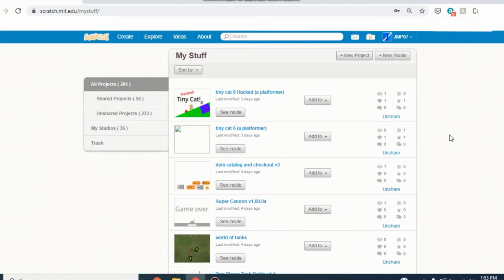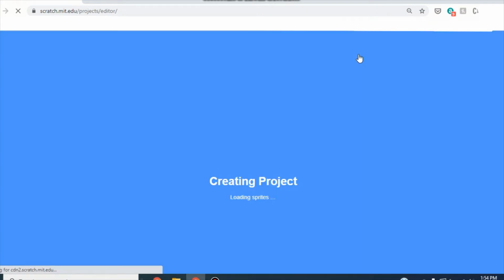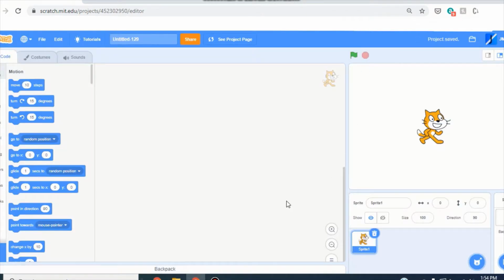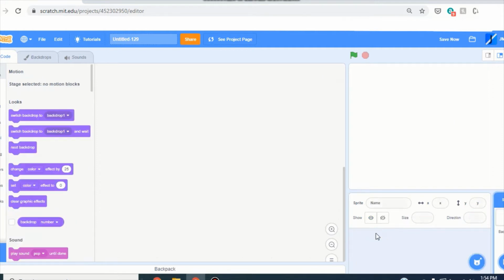But today we're going to be doing a brick breaker game. So go ahead up to the corner here and click on New Project. That'll load a project here, and as you can see, it's just like an empty project with no coding at all and just one cat on the screen. So we don't need the cat for this brick breaker game, so we're just going to go ahead and come down here to the bottom and click on the little trash can icon next to the cat down in the sprites panel. Go ahead and click that, and it'll just disappear, and instead it'll go over to the backdrops thing